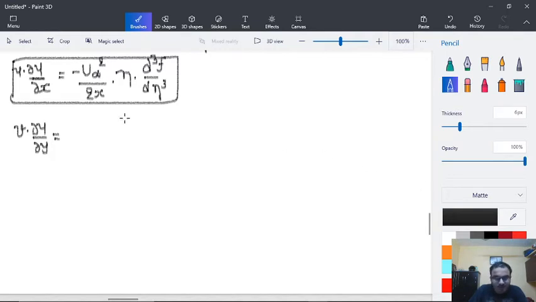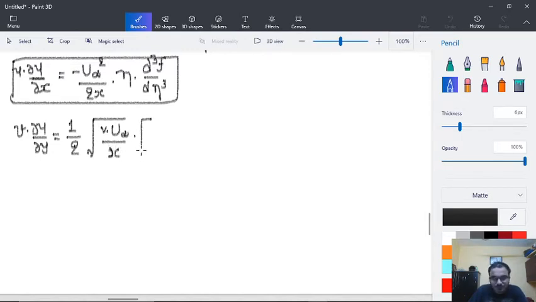So here the value of v is 1 by 2 into square root of nu into u infinity over x